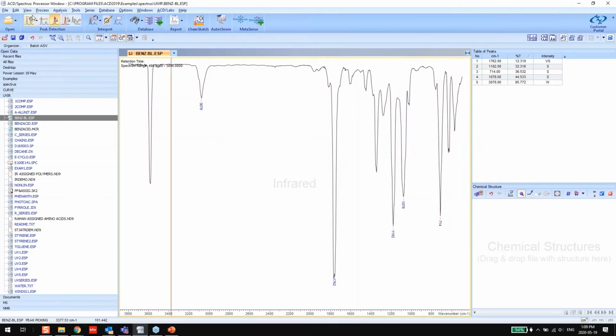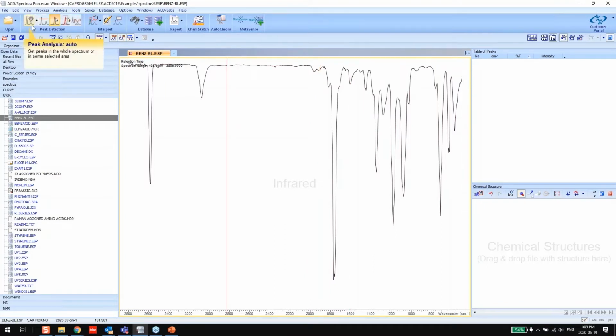Okay, so what I'm going to do is I'm just going to go to Edit, Clear, and clear all these peaks so I can show you the automatic tool. So the automatic tool is this peak analysis auto. So what I can do over here is I can select this button and it will pick all the peaks